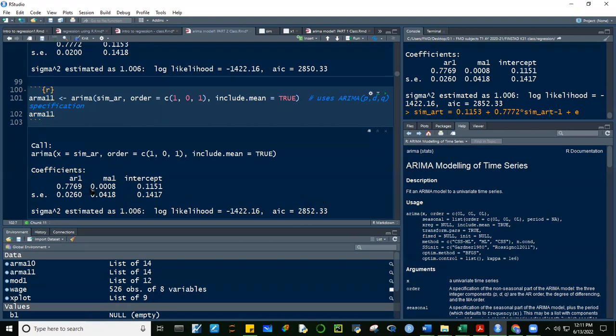So this is the lag 1 of your error term, of your residual. So yun yung model natin if it's an ARIMA 11.